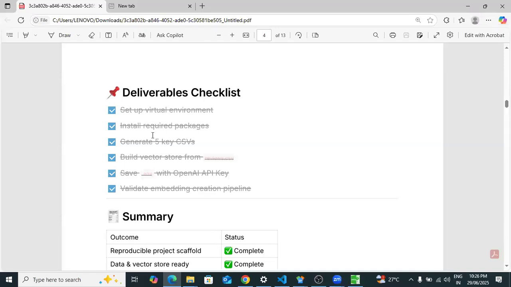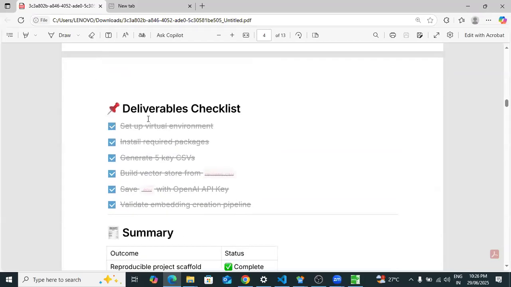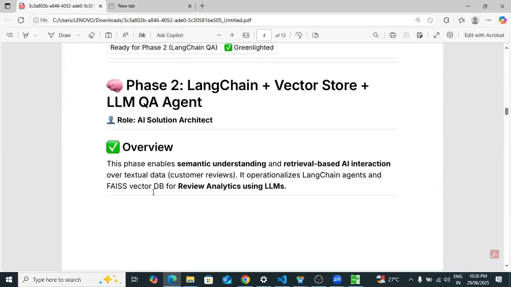These are the checklists of what we are going to do in phase 1: set up environment variables, install all the required packages, generate the CSV files, build the vector store, save our OpenAI API key in .env, and validate the embedding creation pipeline. This is the summary: the project's data and vector store are ready and completed. After this delivery checklist, we move to phase 2, where we are going to use LangChain, the vector store, and an LLM question-answering agent